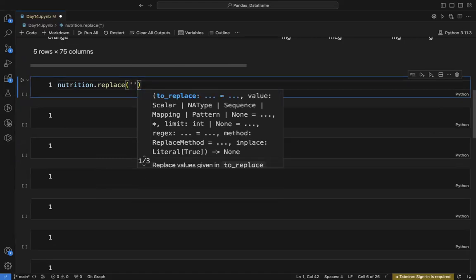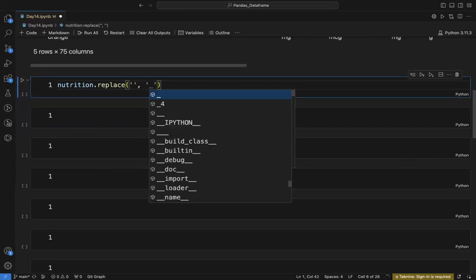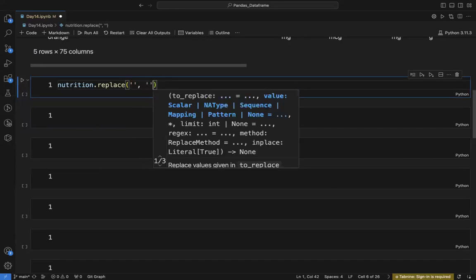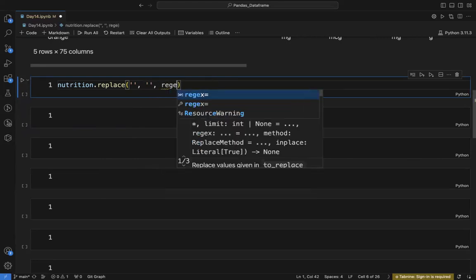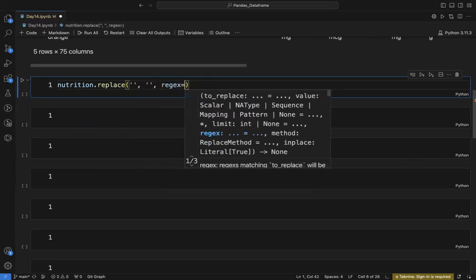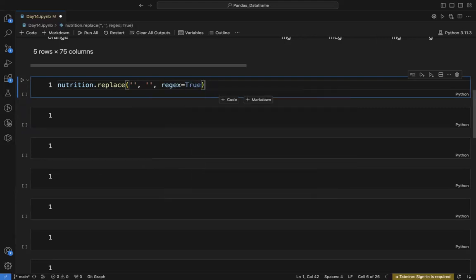Here I will specify the pattern that I need to get replaced. Thereafter, I will put the value which I want it to be replaced with. Whatever value I need to get replaced, I will specify that value. And thereafter, I will set the regex parameter equal to true. This is the thing I need to do